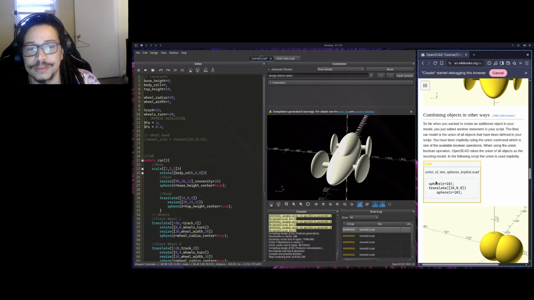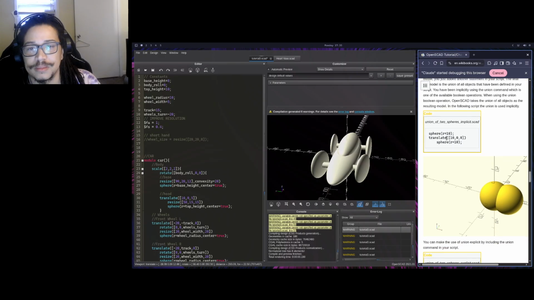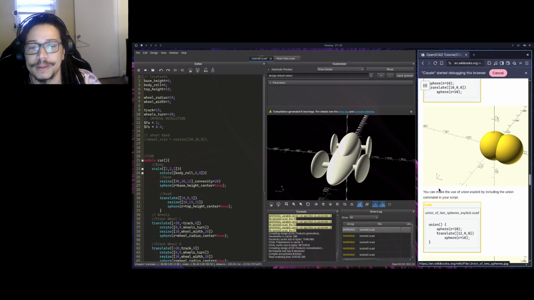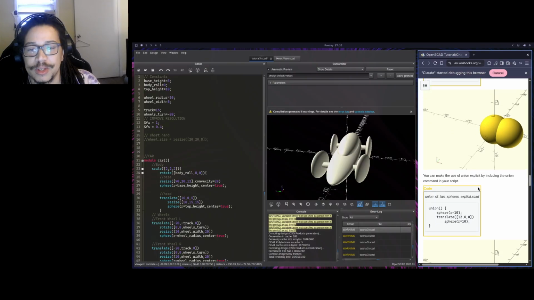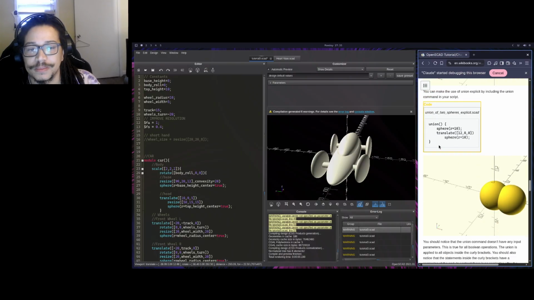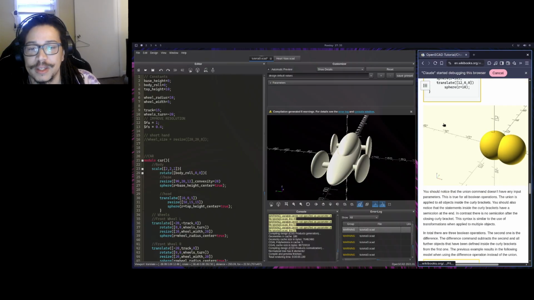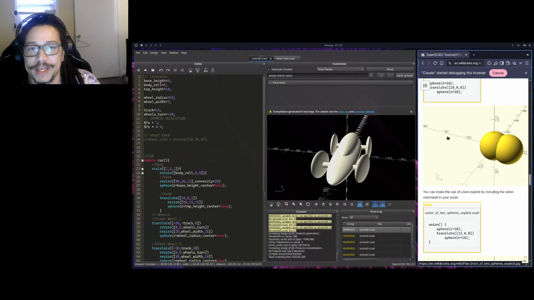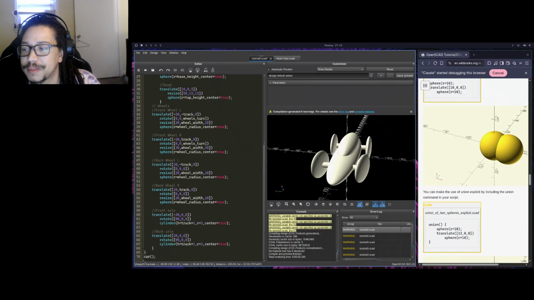The sphere, okay, because they're combined, so they're a union. Oh, they're kind of connected. You can make the use of the union explicit by including the union command in your script. Okay, so we add the union there. You should notice the union command. I guess I could just do it because